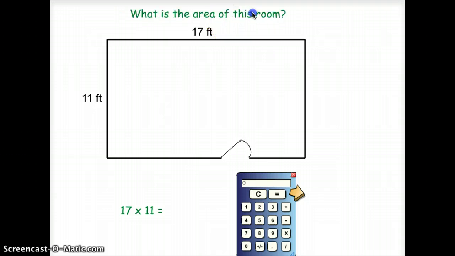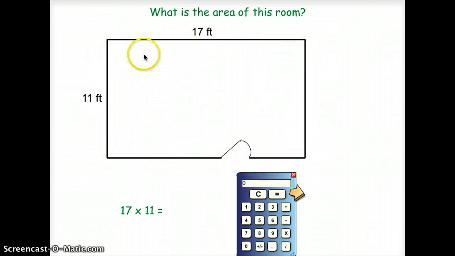What is the area of this room? This one's a little bit different. This involves multiplication. What I'm trying to find out is how much space is inside this rectangle or this room. All I need to do is multiply length times height, which is 17 feet for the length and 11 feet for the height. So 17 times 11, or 11 times 17. And if I do that, I get